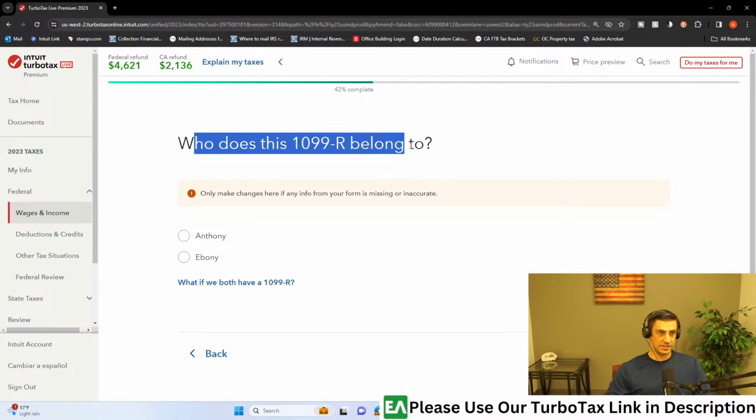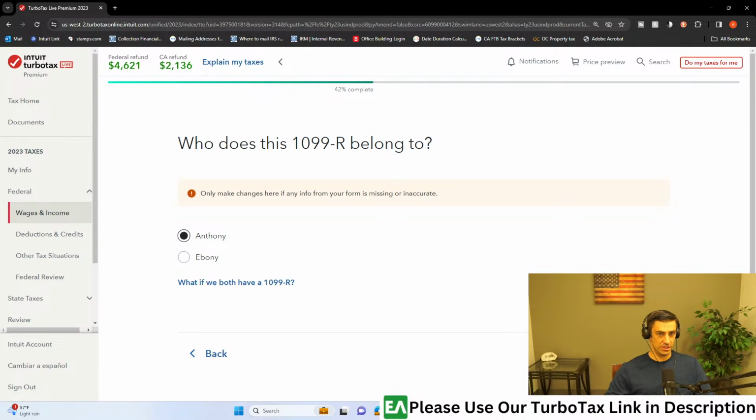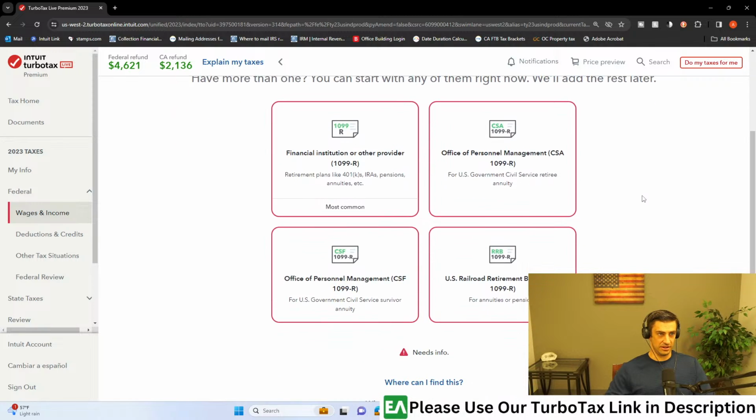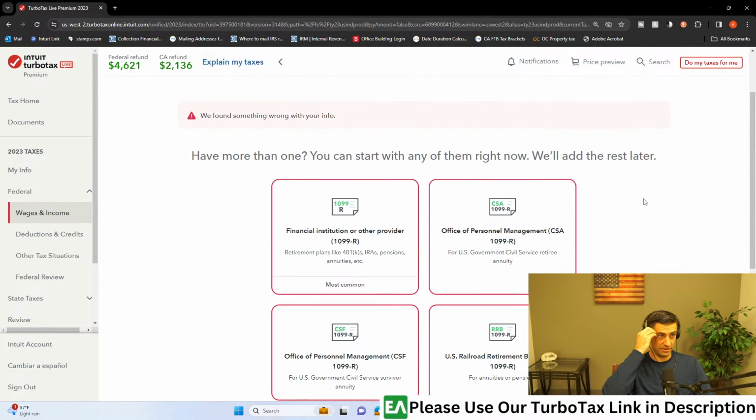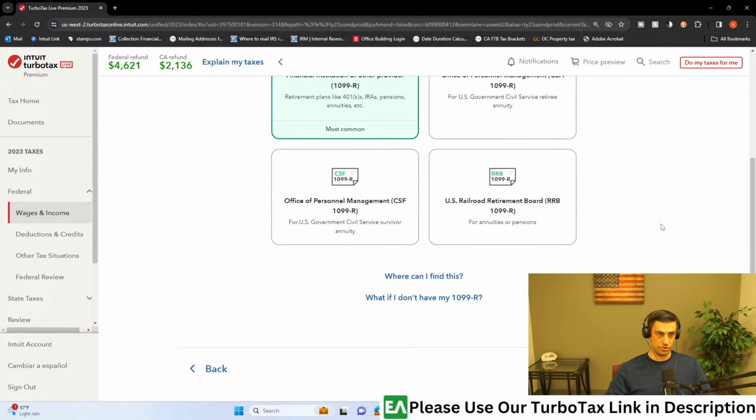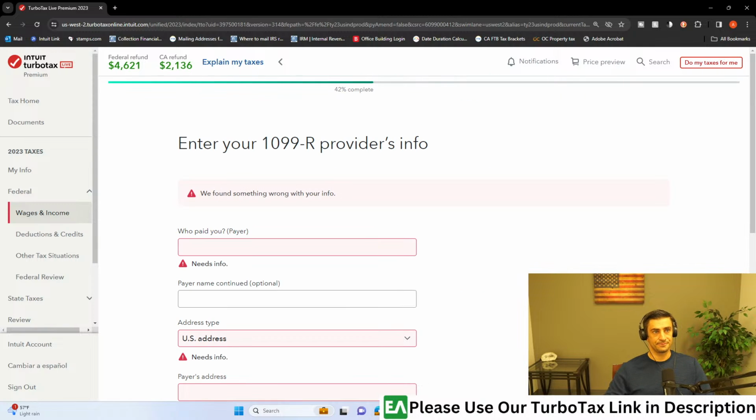All right, who does this 1099R belong to? I'm going to say it belongs to me, not my wife. Okay, and who gave me the 1099R? How dare they give me one of these, right? We found something wrong with your info. Well, that's because I redacted all the information. We'll say this one, right? Financial institution. Continue, and let's fill it out. We'll say